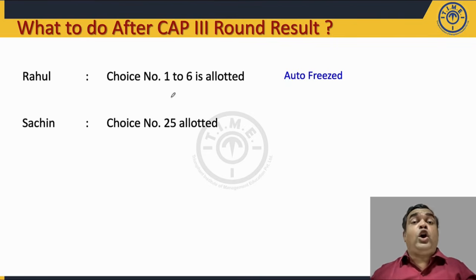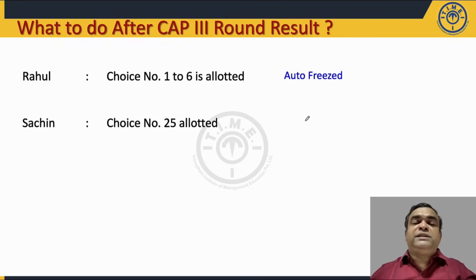Sachin, this time a college is allotted to him. Now please understand, if a college is allotted to him, Sachin has to take one call: am I interested in that college number 25? If he says, okay, I will never take the admission in college number 25, better I'll try next year, then Sachin can say no action. But if Sachin says, if I get no college, then I'll take the admission in this college number 25,